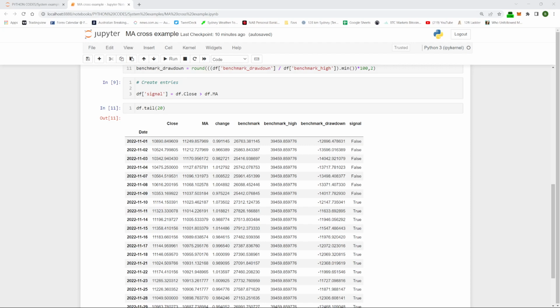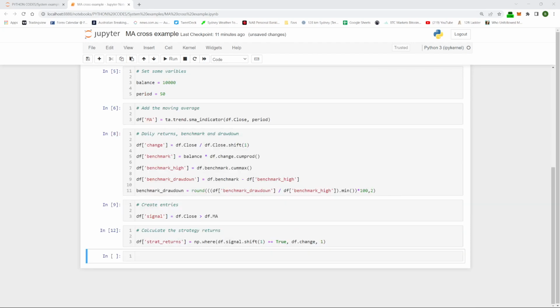Let's code that up now in the next cell. So here we've created a new column that I've called strat returns. Now the value of each row is determined by this line of code. So here we use the np.where function, and again in plain English what this is saying is if the value of the signal column, df signal .shift(1), so the value of the signal column one row back, is equal to True, so if that's true,